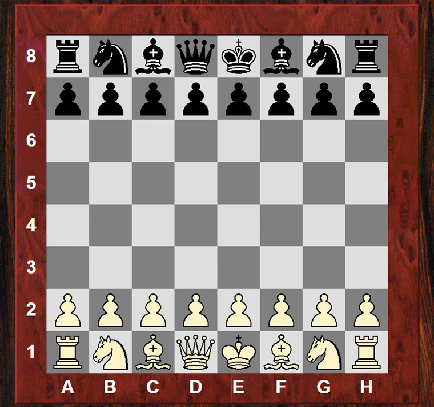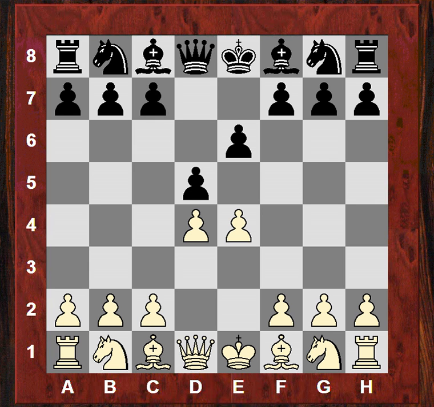Afternoon all. My good friend Natalia Pogonina, a Russian WGM, sent me this very interesting game from the Russian Team Championship earlier in this year, 8th of April 2013. She was playing white against Gulnar Mammadova. She kicked off with e4 and Mammadova played the French defence, e6, and we saw d4, d5, and now